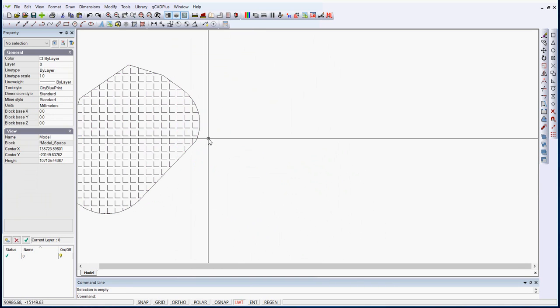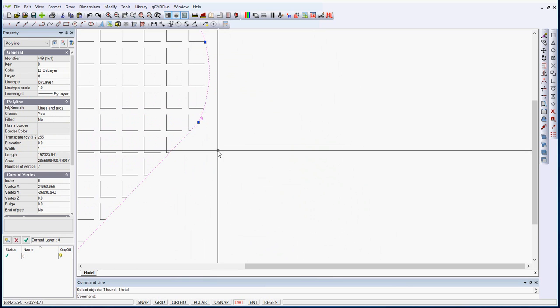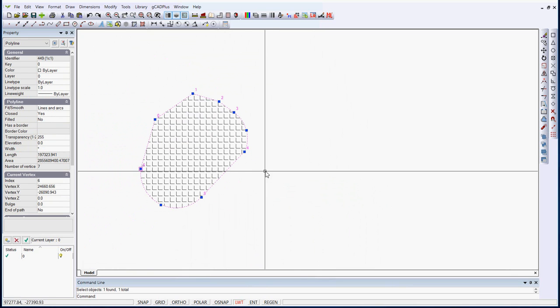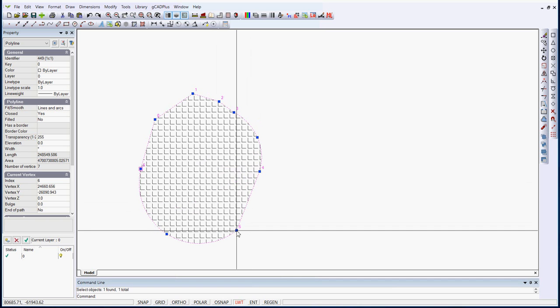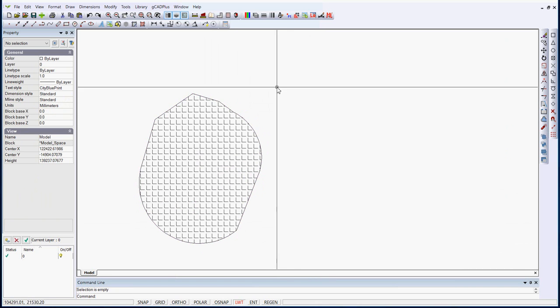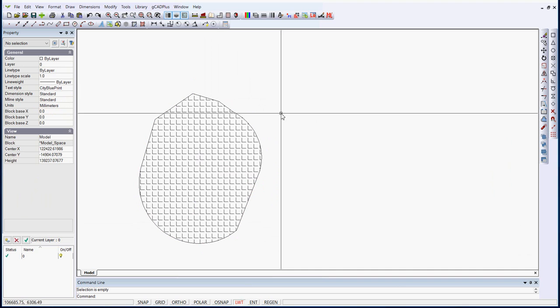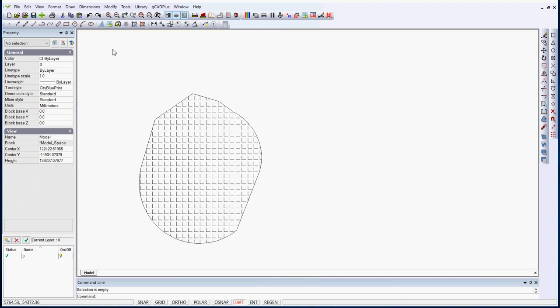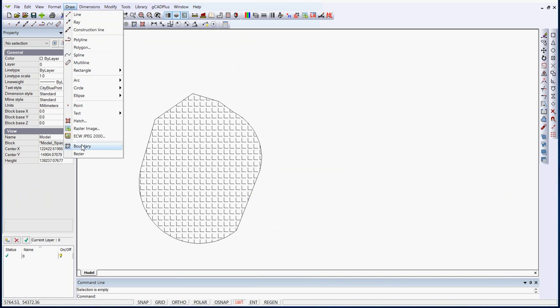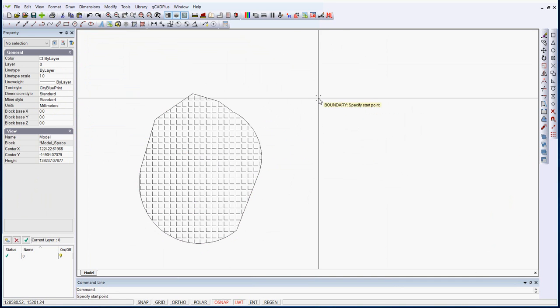If you select the polyline, the hatching is associative, so we can bend our shape like so, and the hatching follows us. If we use the boundary command, I'll say no for that, draw boundary, I'll make it similar,